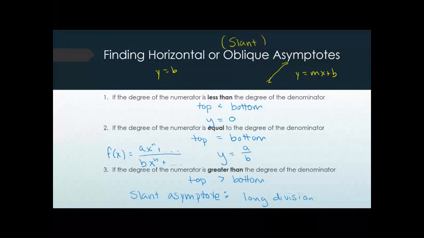So I'm going to go through, I think I have 2 examples of each one of these. I think I have 2 for number 1, 2 for number 2, 2 for number 3, and then a 7th, an example of something which is called a hole. So you'll get examples of all of these, and I'm going to go through everything that you need to do